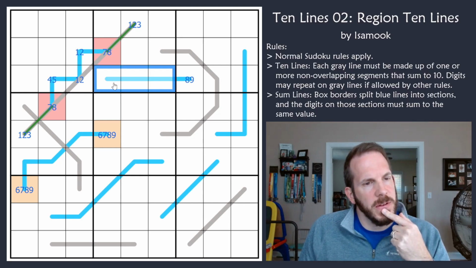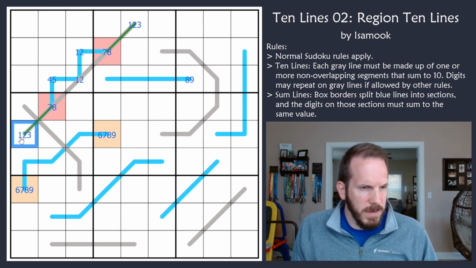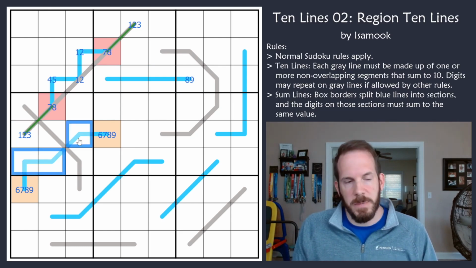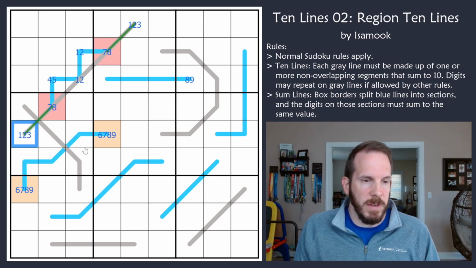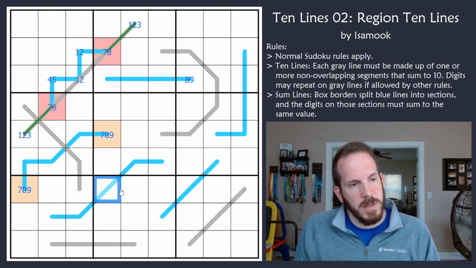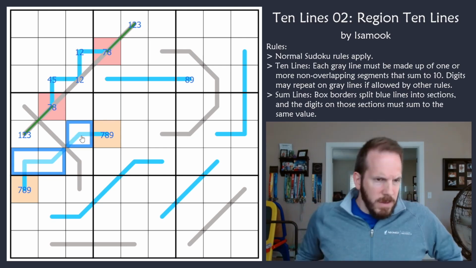Is there any problem if this does have a 1? Okay, well, one thing I do see here is that this can't be a 6 sum because it would be 1 plus 2 plus 3, and then this cell would have no valid digit in it. So this is at least 7. Okay, that is something though, because